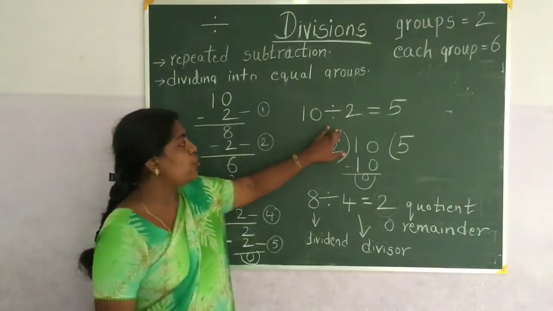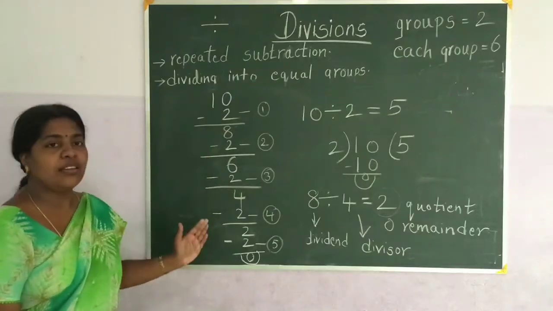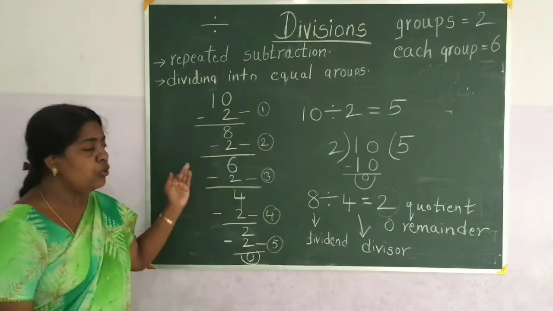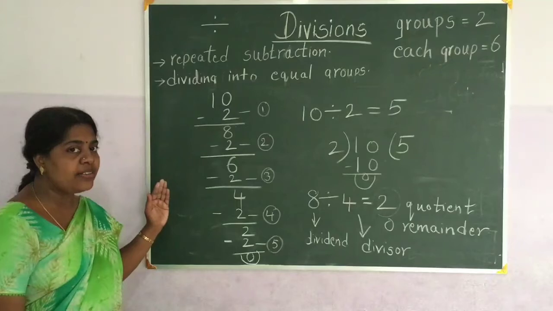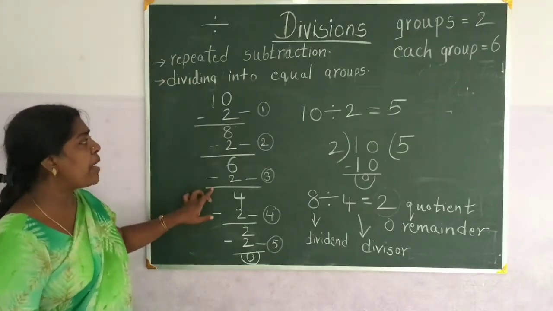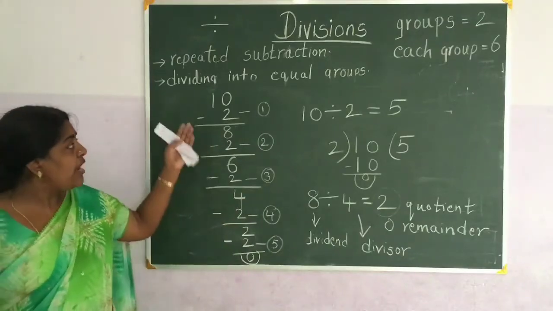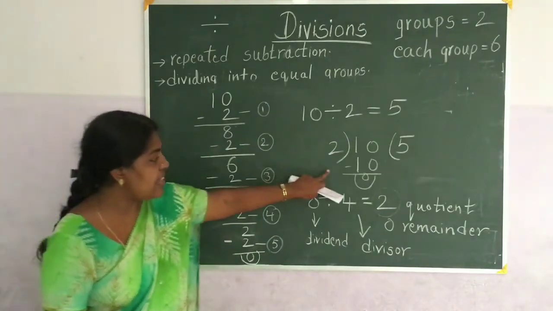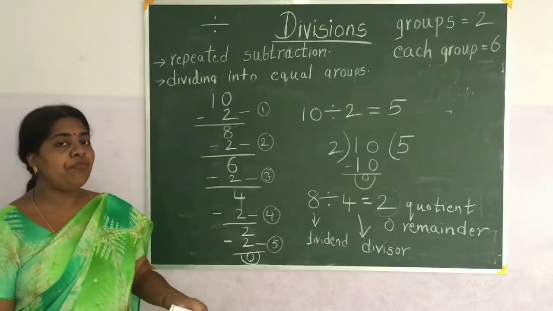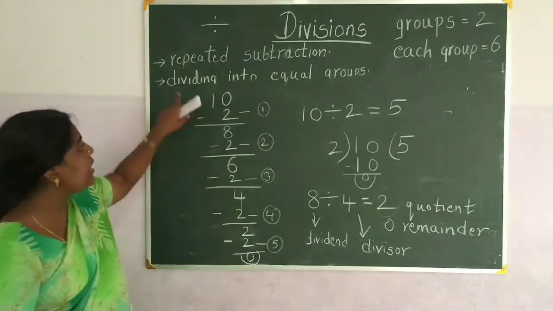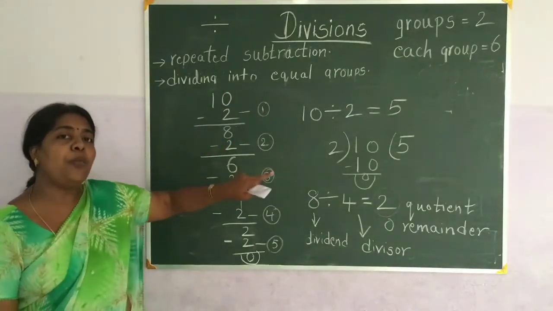So, 10 by 2 means 5. So, this is how to do as repeated subtraction. So, repeated subtraction is nothing but division. So, repeated subtraction, and this is division form, and the same thing can be done in the form of groups